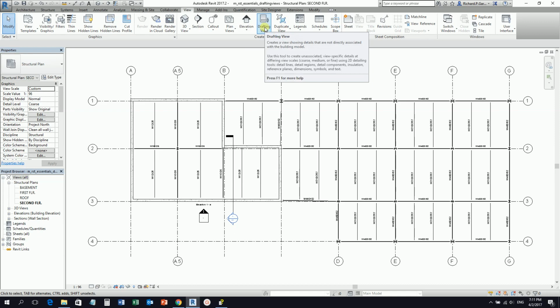According to the definition, it creates a view showing details that are not directly associated with the building model. That means any changes that you make in your BIM model, in your 3D model, will not affect your drafting view, and vice versa. If you modify your drafting view, it will not affect your BIM model. So you only use the drafting view to create detailing. You use the drafting view to create an unassociated view of specific details that are not part of